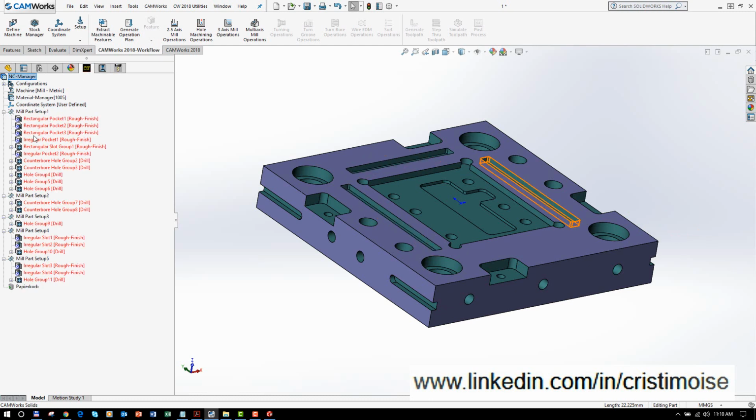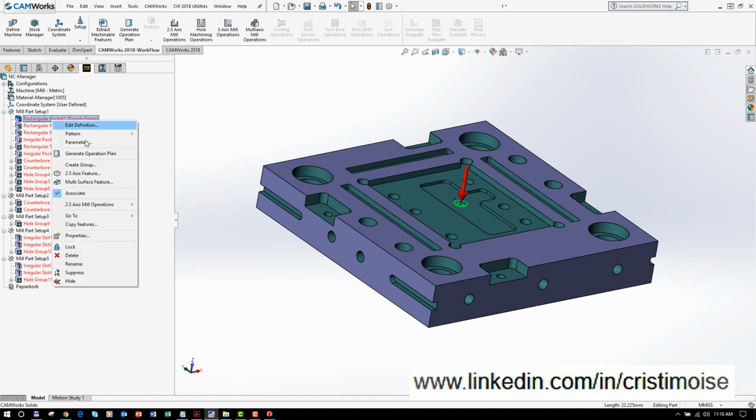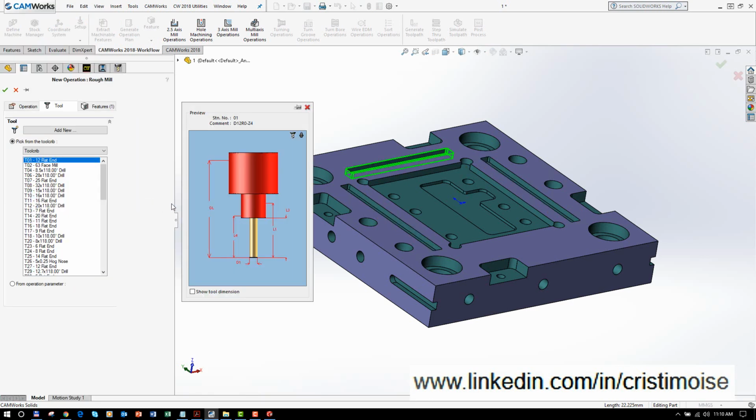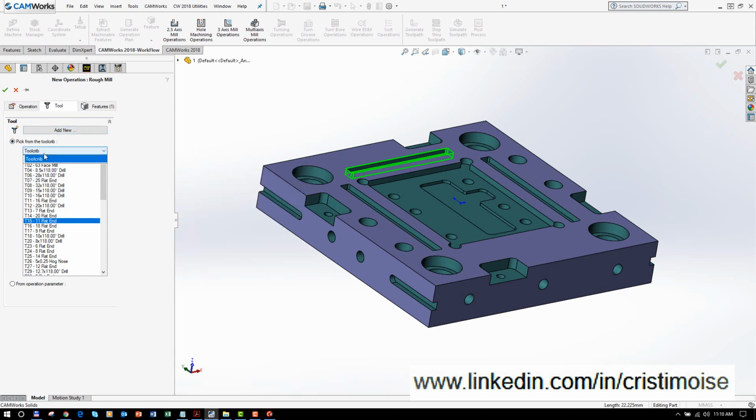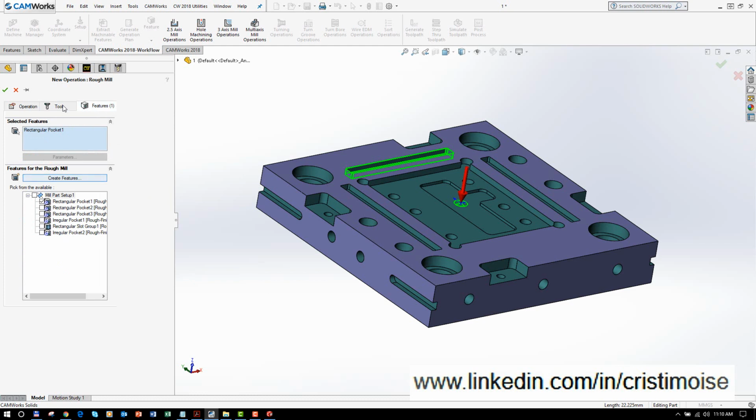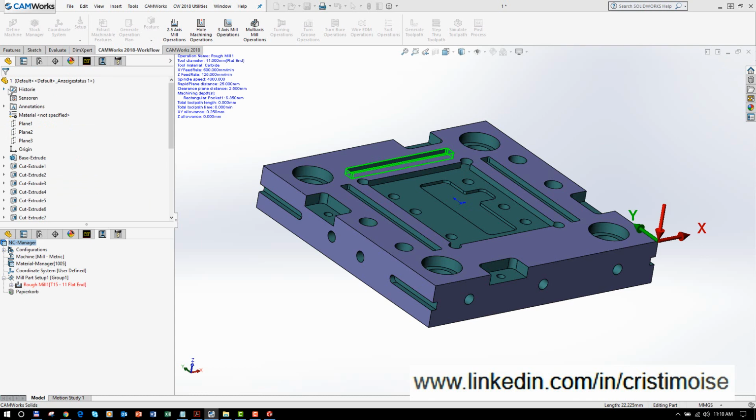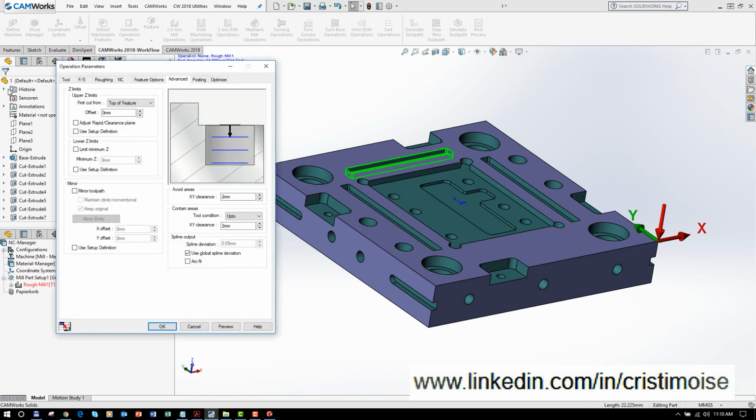Another improved workflow is for inserting new operations interactively. So if you define a new operation for this pocket, you will right now have another window here. You can define the tools from the tool crib. You can define it from the technology database. You can choose the features from here. You can create the features here. This is another good enhancement because the workflow is improved. Okay, so